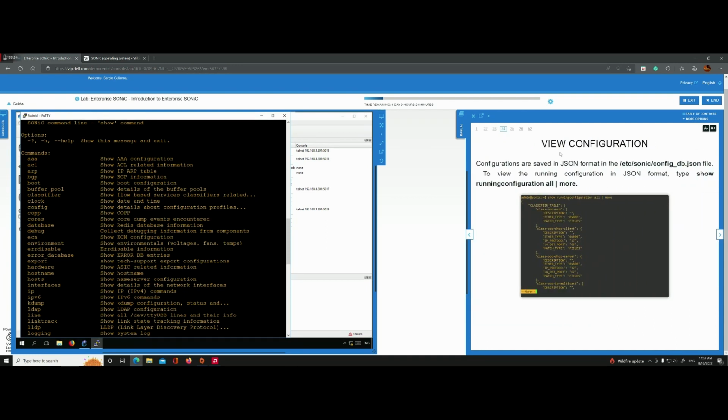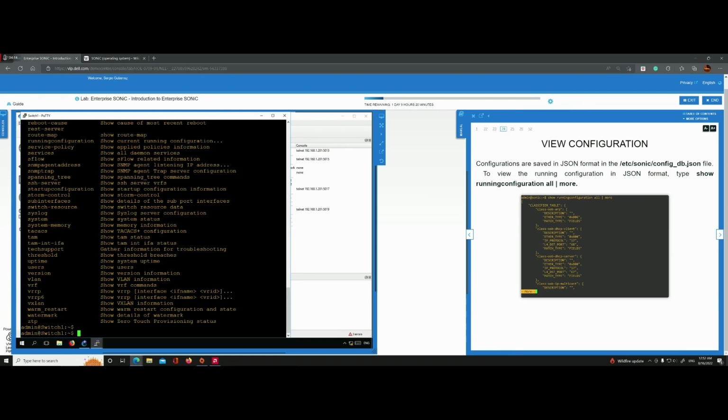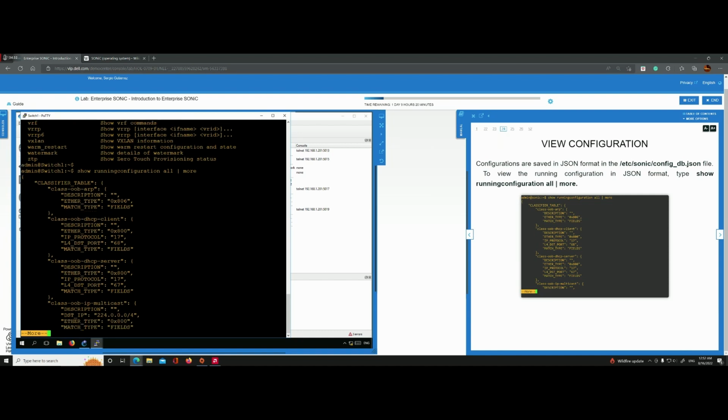View configuration. Let's take a look at this view configuration. This scared me a little bit because I'm not a programmer. So let's take a look. It says here to run show configuration, show running configuration all. So let's do that. Let's go back here to switch 1 and let's do show running, tab to finish that, all, and then pipe more. Okay, so let's hit enter and then you're gonna see on the left all these